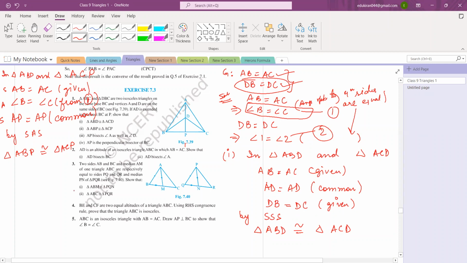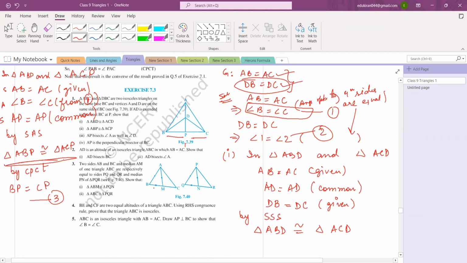Yes, ma'am. Done. We can do one thing in this triangle only. By CPCT, we can write that BP is equal to CP. Can we write it? I mean, this side is equal to this side. Yes, ma'am. Because we will need this information in the next part, so I'm just doing it right here. So BP is equal to CP by CPCT because these two triangles are congruent. So write it as equation number 3. So far so good. All clear? Yes, ma'am. Clear.